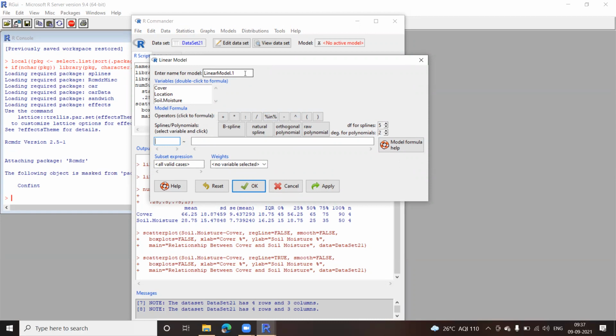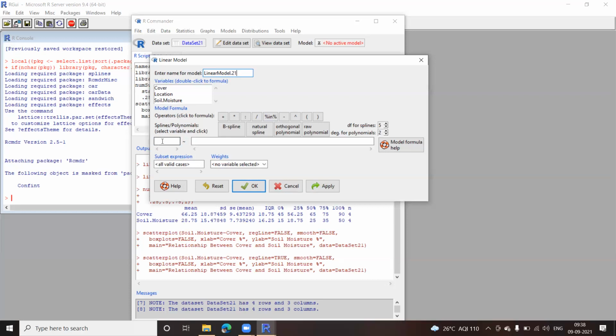If a model with that name is already there, because I might have created multiple models while practicing, then, as in the previous case for the data set, I will get an option whether I want to override it. I don't want that, so I'll create another model called LinearModel.21.